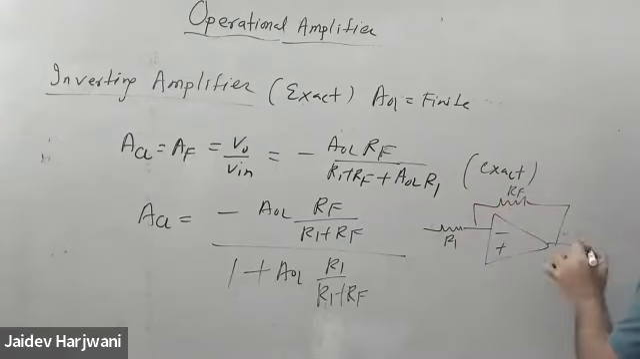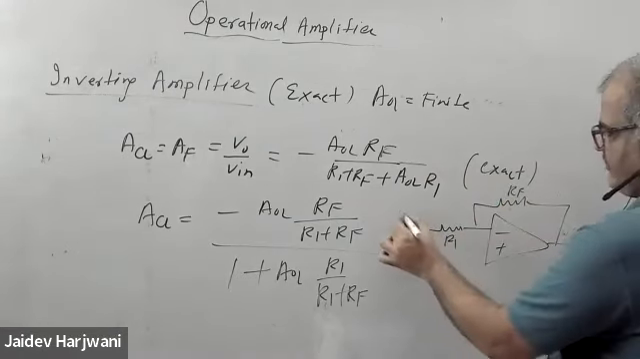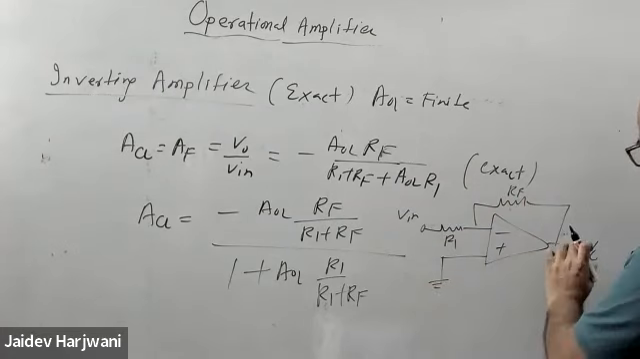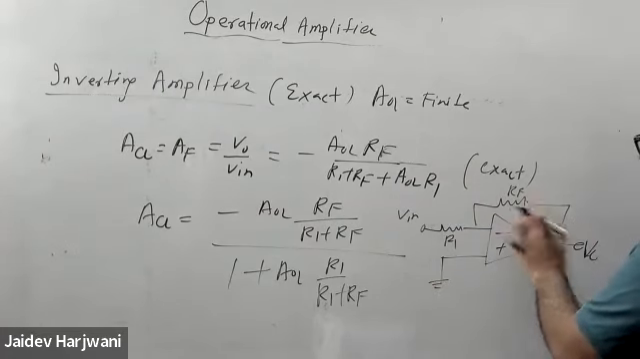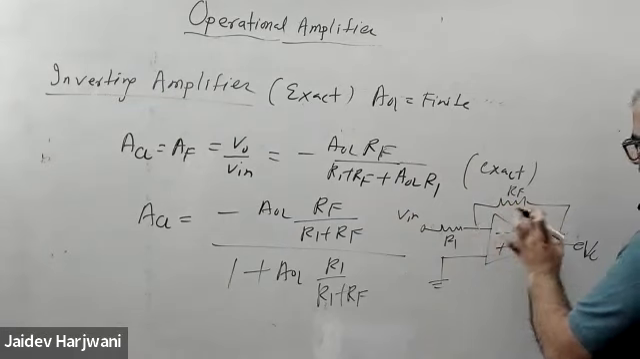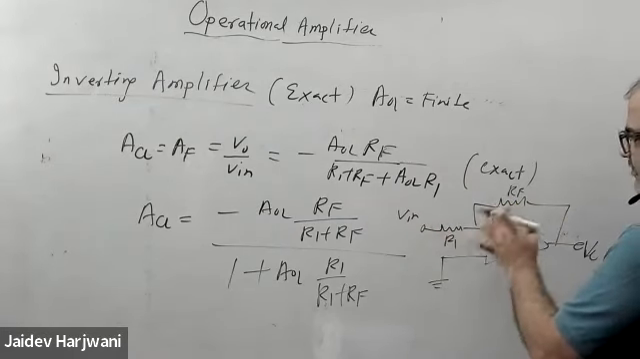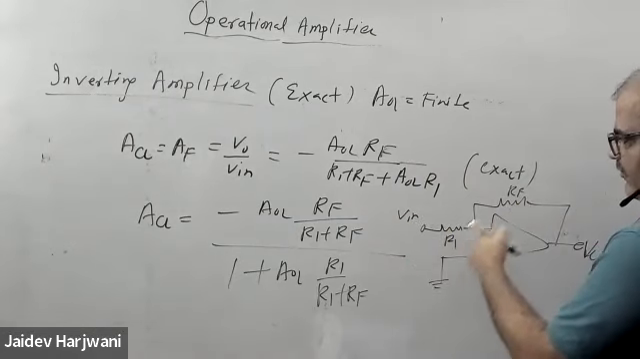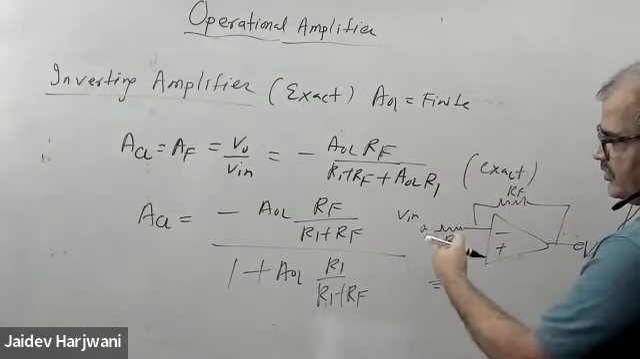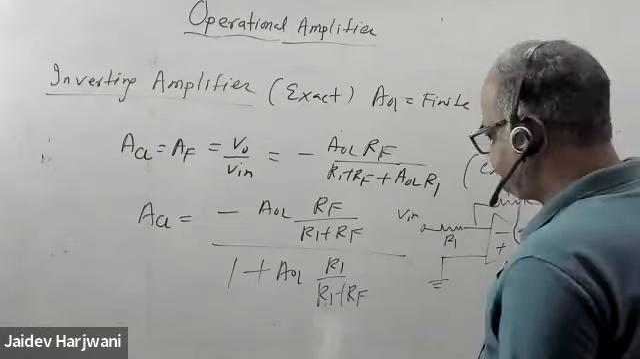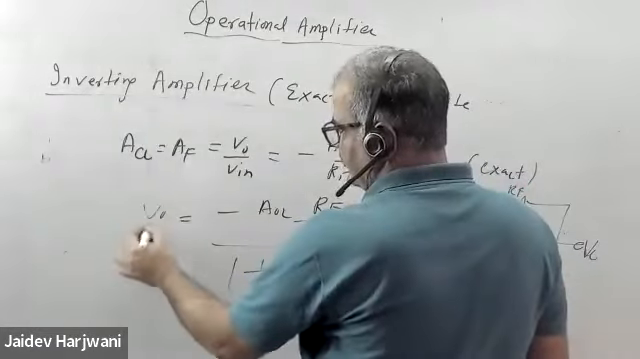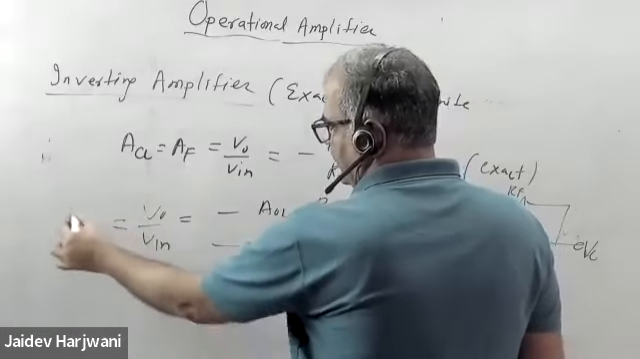RF is here. This is my V naught. Here was V input, and this was grounded. So I told you the contribution of V naught here, coming as R1 upon R1 plus RF. Similarly, the contribution of V input is coming here as RF upon R1 plus RF into V input. Now if I write this as V output upon V input, a closed loop